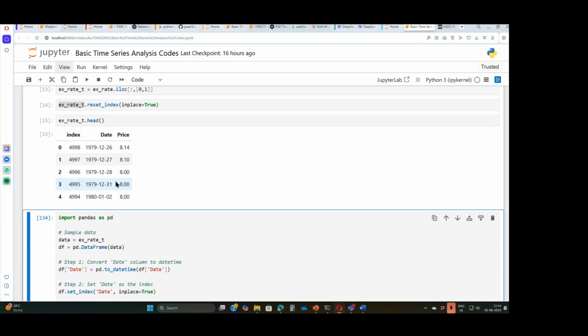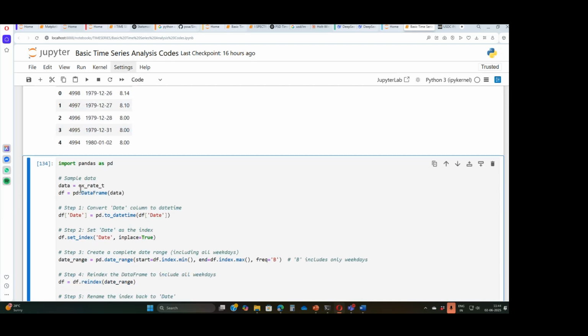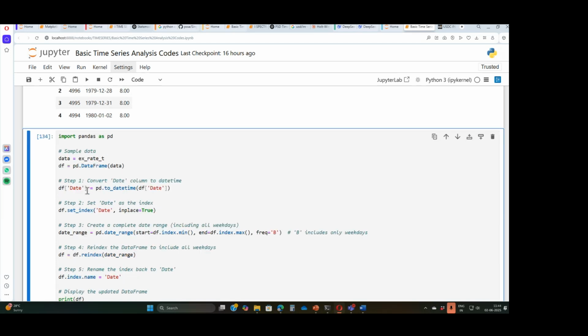So we have to tell the computer, before doing the analysis, that this is a series which is daily data with only weekdays. So what you do is you go to ChatGPT and give that specific, you say for this file you want that change, and it does that for you. Now I'm going to call this T file data. And I'm then going to call it df and convert it into a data frame. And then of course I recheck and make the data into datetime again, just in case.